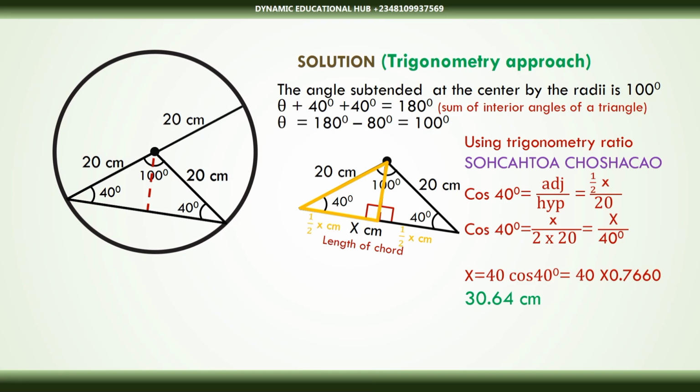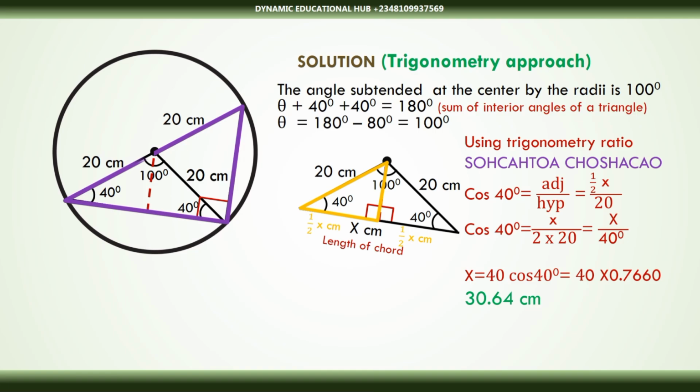Now if you decide to extend this line as shown to the circumference and join them together, you have a bigger triangle. So you can still pick that triangle and use it to solve your question. We will still be learning a theorem again that you can apply, and using trigonometry ratio we still get the same answer. Now that theorem is the angle subtended by the two ends of a diameter at the circumference is